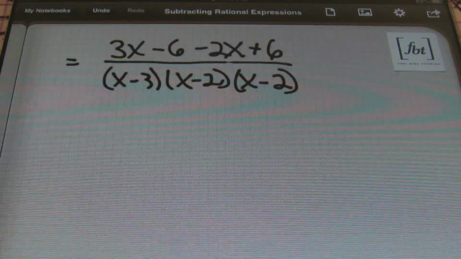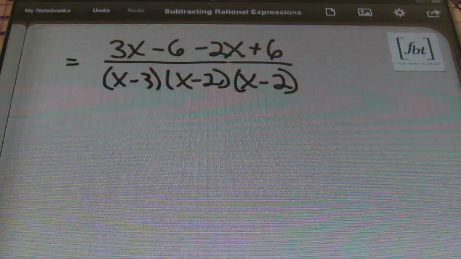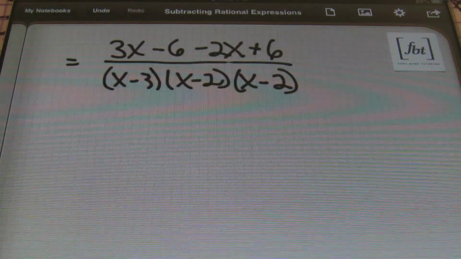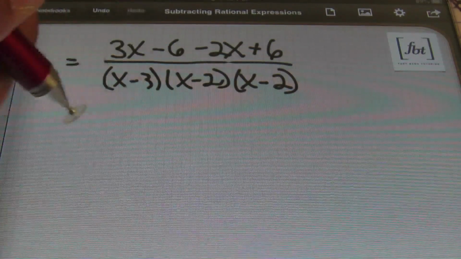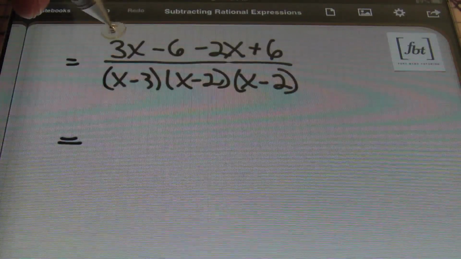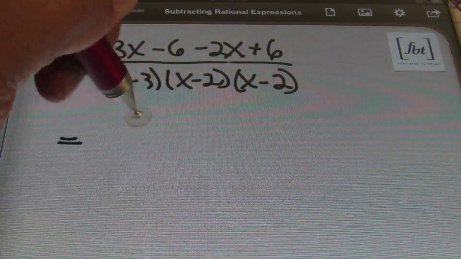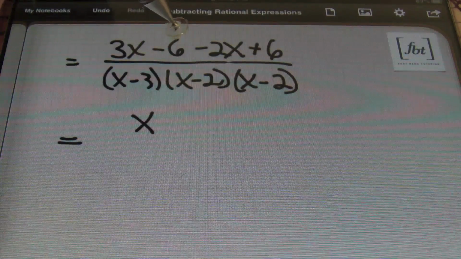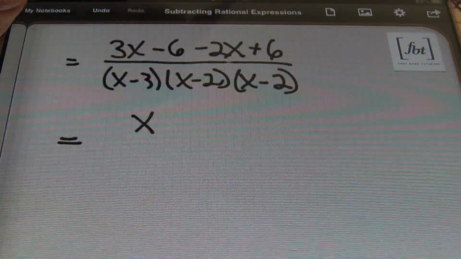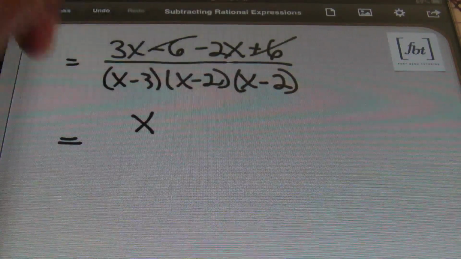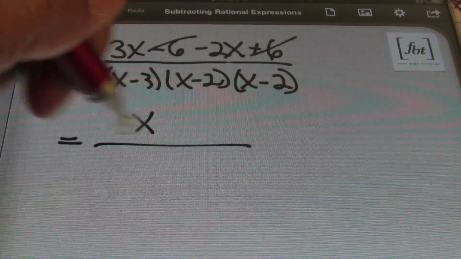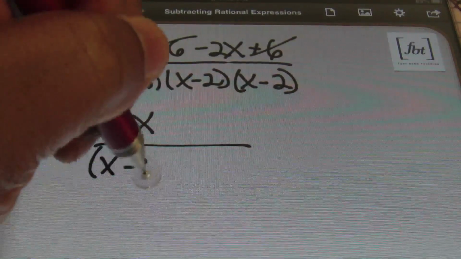Okay, so here we are. Now that we have distributed, our next step is to combine any like terms that we may have in the numerator. And we do have like terms. So I have 3x minus 2x gives me x. And what happens to this negative 6 and the positive 6? Exactly, they cancel out. So since they cancel out, I'll have x over my denominator, which is x minus 3